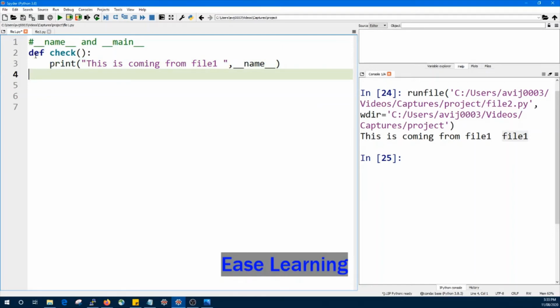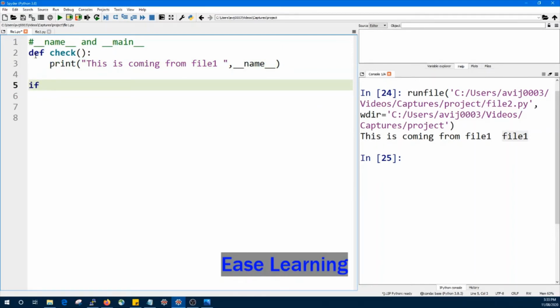I want to check if __name__ equals to, sorry, equals to, it is really confusing, __main__,